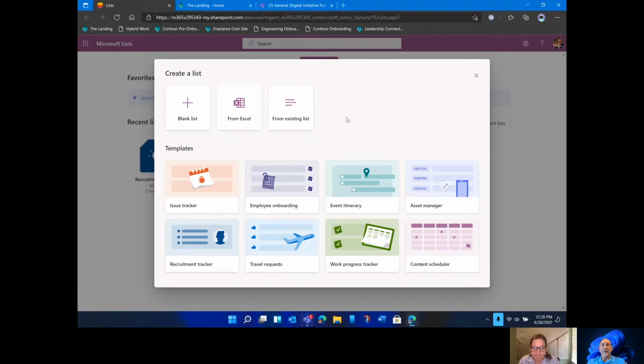And so you'll note that we have 8 templates available today. There will be more coming, but today there are 8 primary ones that, if you just want to get in and start messing around with lists, get a sense as to what they can do and how you can modify them. And by the way, if you've worked with SharePoint lists, it's going to look and feel very familiar to you, just without the limitations that you had previously. But right from here, I can see we have one for issue tracking, employee onboarding, which has been a big topic with customers lately, event itinerary, asset management, a recruitment tracker if you're recruiting employees, travel requests, work progress tracker,